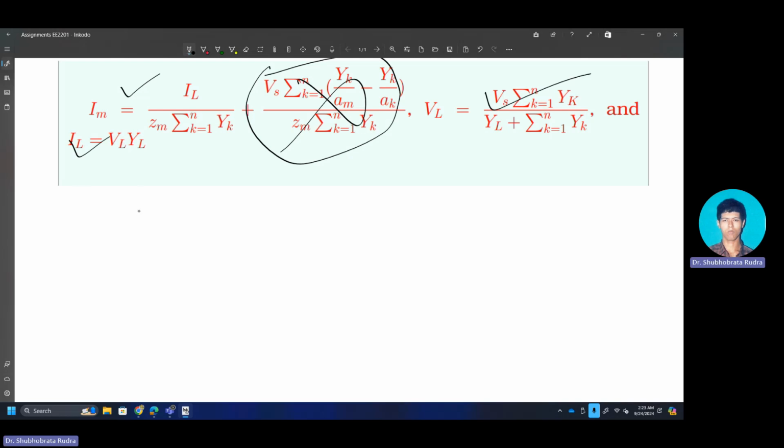Now what I am supposed to find out are the two individual transformers' kVA. One thing we can do is simply use the current division rule, find out that kVA distribution, that kVA 1 is equal to